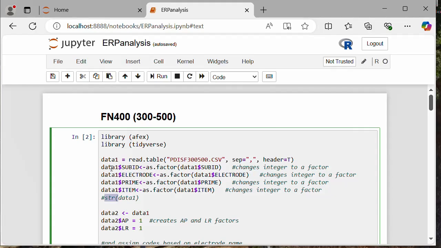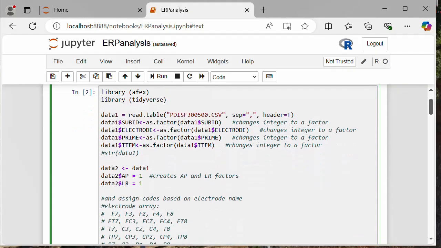I found while working with this that it's just easier to go ahead and set them and call all these different variables as factors so that we can put them in our analysis and use them. So you are going to use sub-ID. This is going to be a random factor in your analysis of variance. So you go ahead and set all of those as factors,